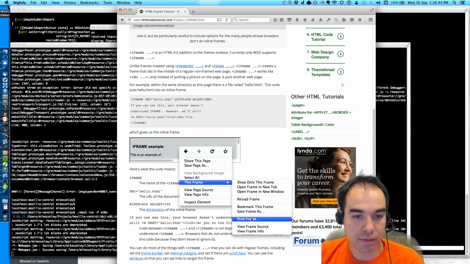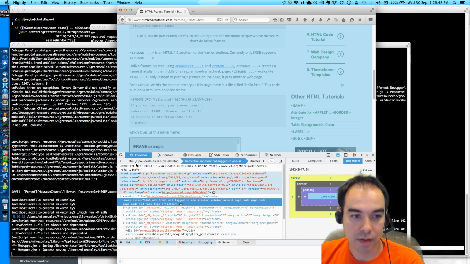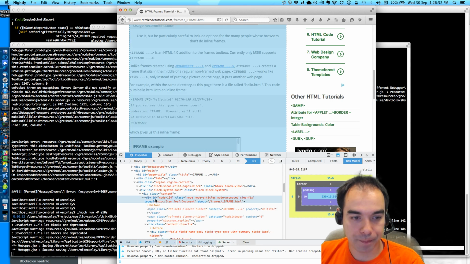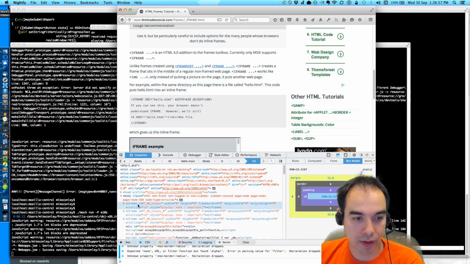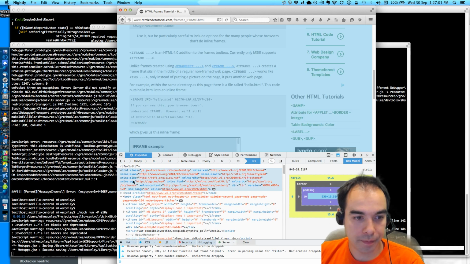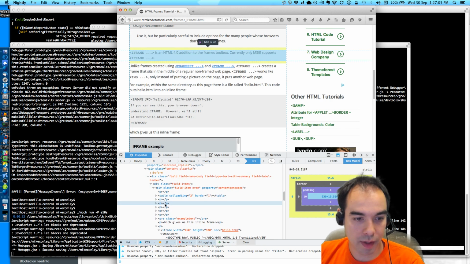Okay, so now can I inspect this? Yes. Okie dokie. That's some weird stuff. Okay, so I'm inside this iframe. And I want to like... Where is actually the iframe?